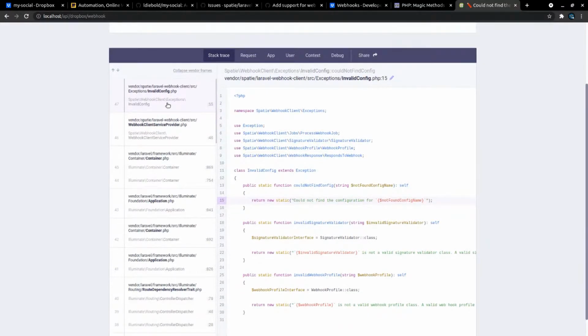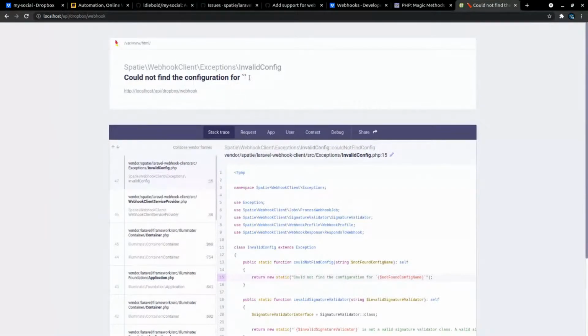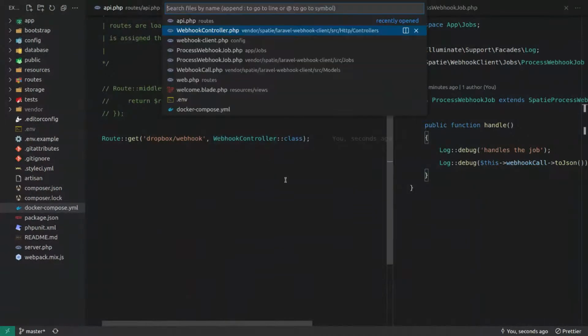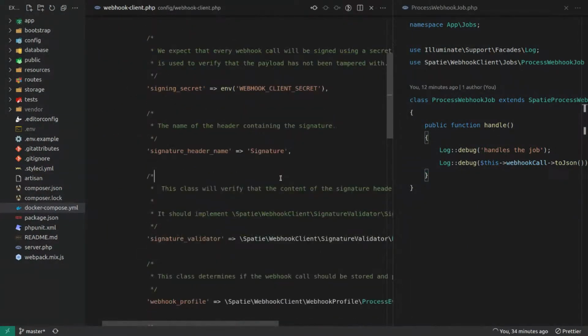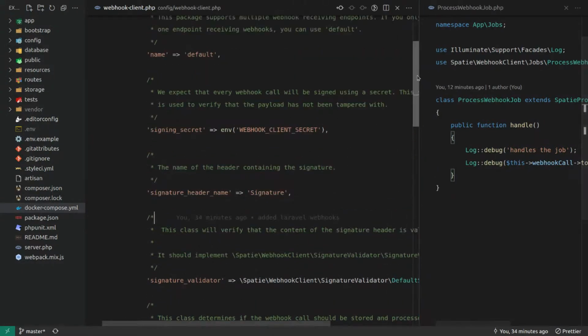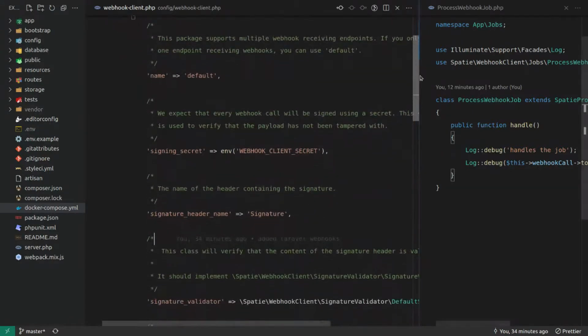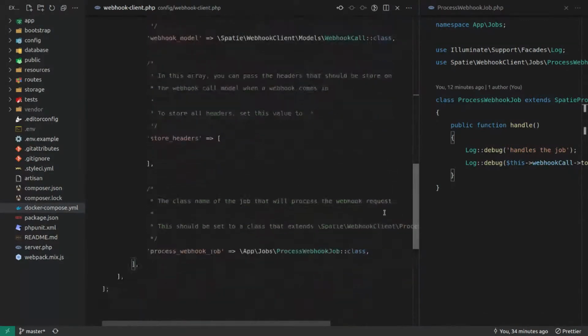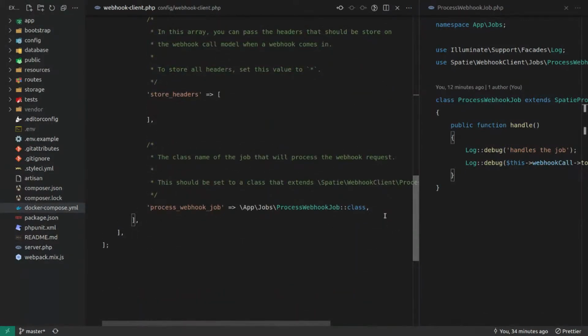So now it's saying could not find the configuration for, and then nothing. Process. I don't understand this error.